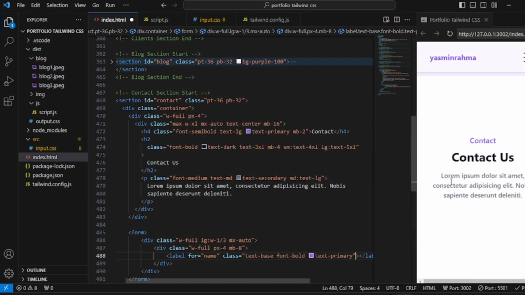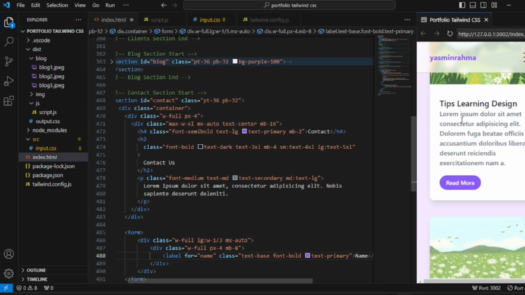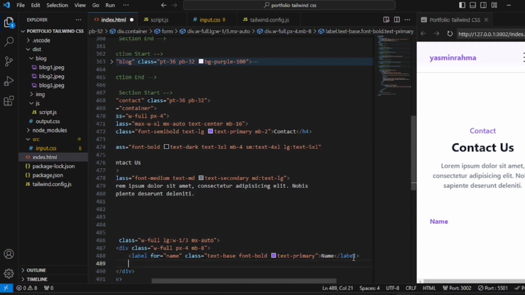Okay, just like that, and we're going to enter name, just name. Yes, right here, like this. We're going to see it like this. Okay, name, and then we're going to add an input tag. The type is text, and then the ID is